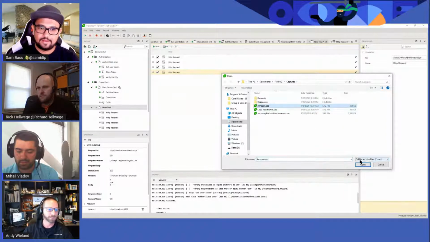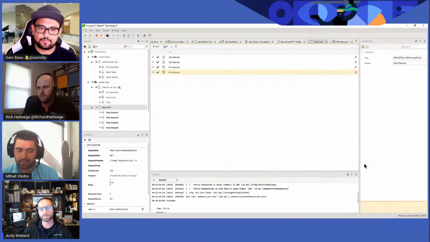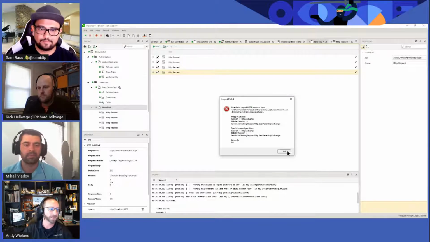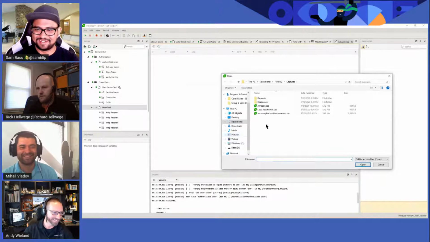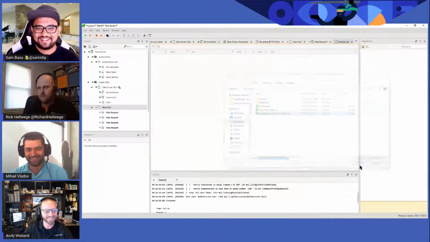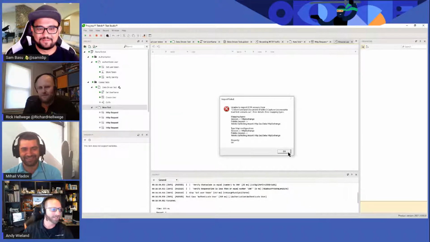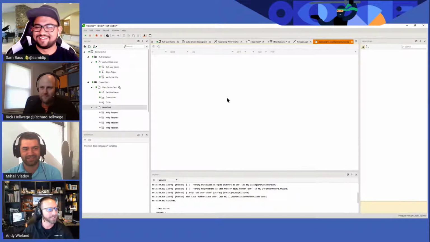Yep. And even pull in those SAZ files that you've captured in Fiddler. So, whoops, except for that one. I forgot I moved that one. Not that one. Not that far from Andy's hard disk. There we go. Oh, not that one either. Okay, the whole file's missing. Oh, well. There's my demo snafu for the week, I guess.